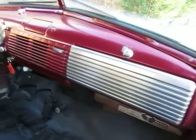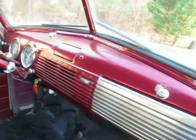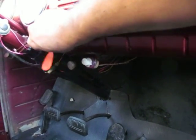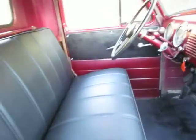Dashboard's unmolested, and this is my favorite. I hate it when people cut the dashboard, so when I find one like this, it really makes me happy. The switch to the heater actually does work. It's a little older, and when I turned it, if you listen, it could stand a little WD-40 maybe, but the old fan does work, and I love this thing. Isn't that awesome? And you could really take this truck up to the next level if you want to detail